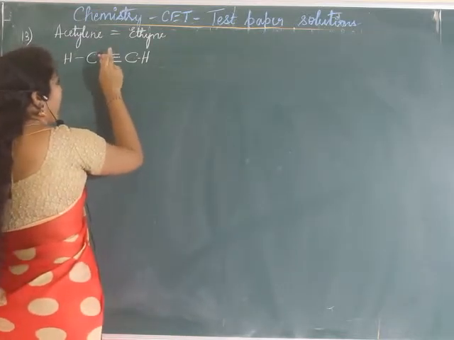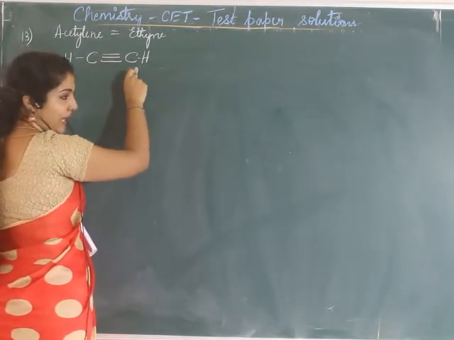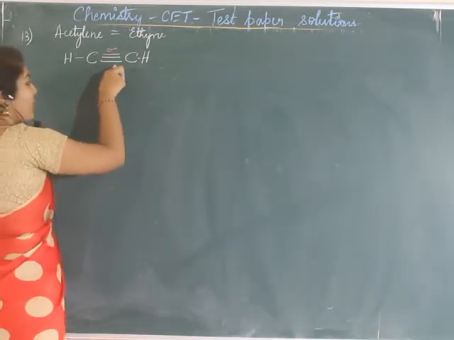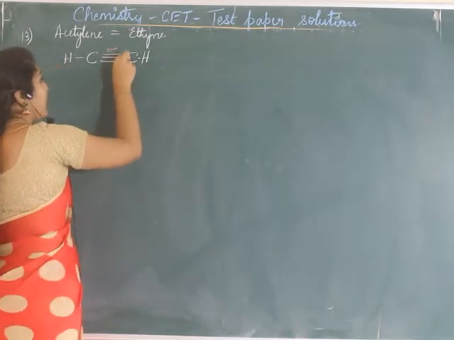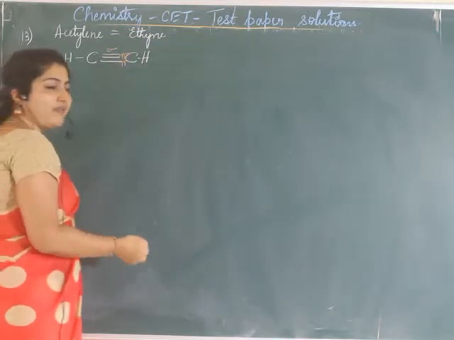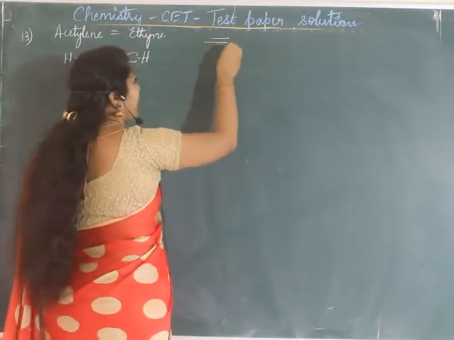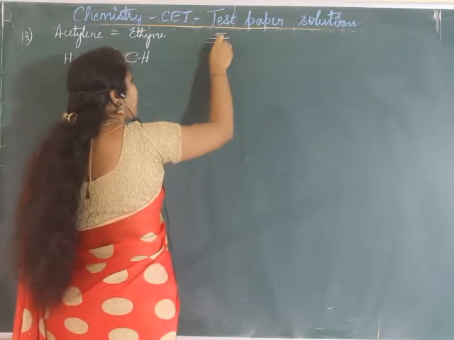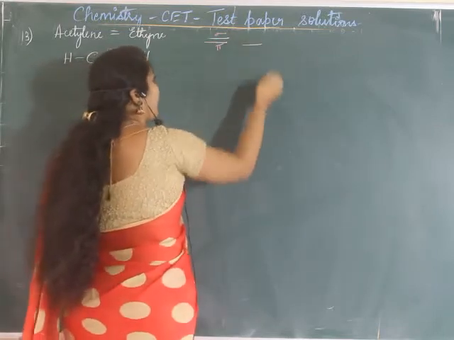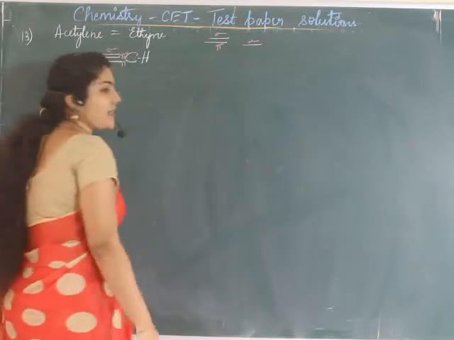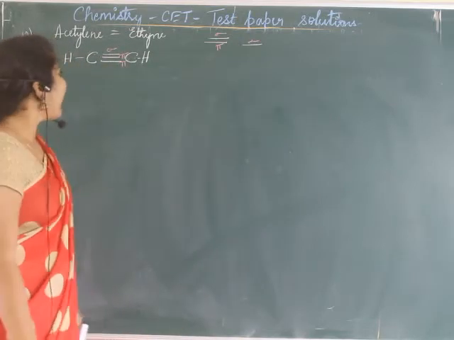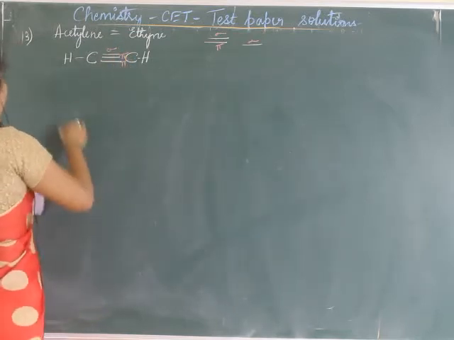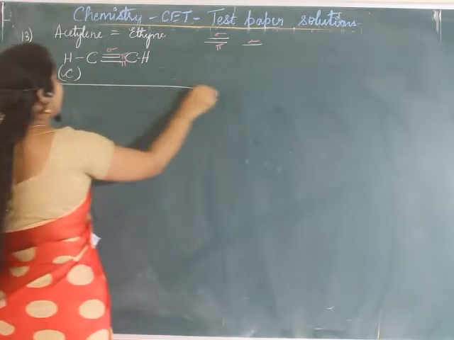That always one bond that is formed between any two atoms will be a sigma bond, which is a strong bond. The other multiple bonds, the double or triple bonds formed, will be pi bonds. If it is a double bond, that means out of that, one is sigma and the other one is pi bond. If it is only a single bond, that means it is only a sigma bond that is formed. Yes, so in acetylene molecule, 1 sigma and 2 pi bonds. So which option is the right one? Option C is the right option.